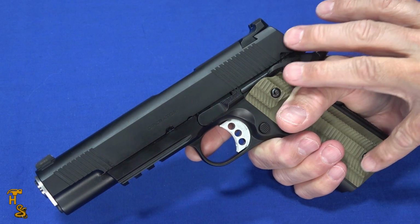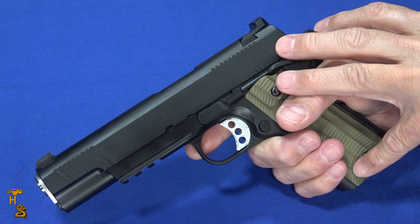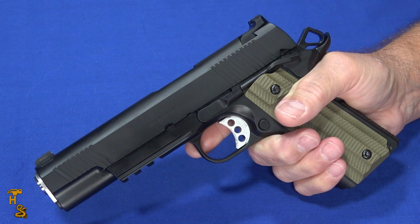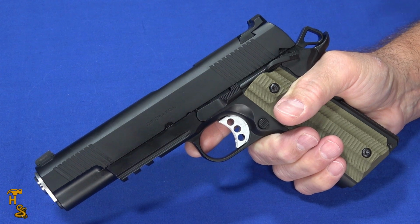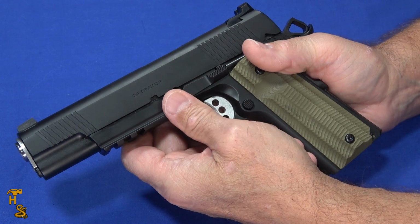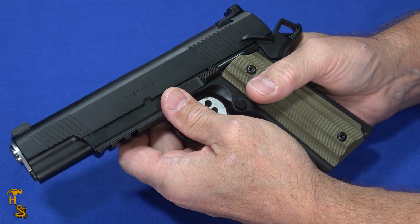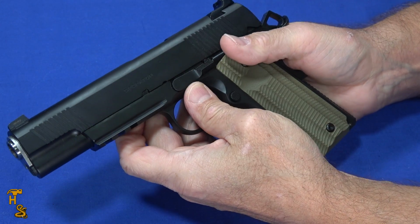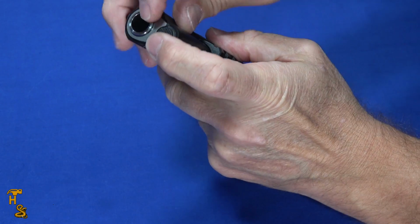Living with this is easy. It's a 1911. It has a GI style guide rod, so taking it apart is standard 1911. It's a toolless experience, so it's going to be easy to maintain. The easiest way that I've found to do these is put the safety on. Now, one thing I do need to do is make sure that all the snap caps are gone, and they are. So put the safety on, push down,